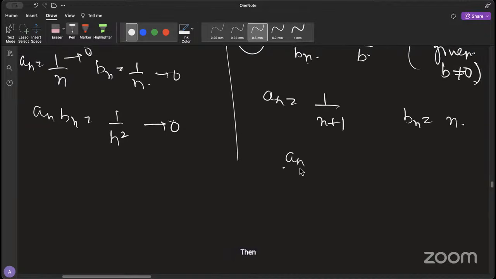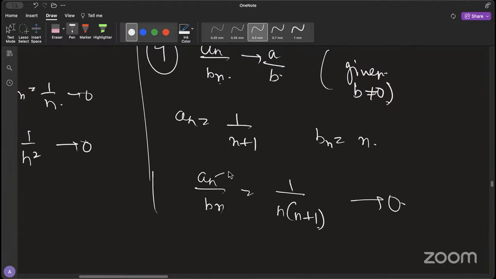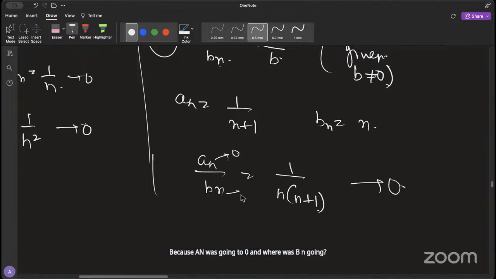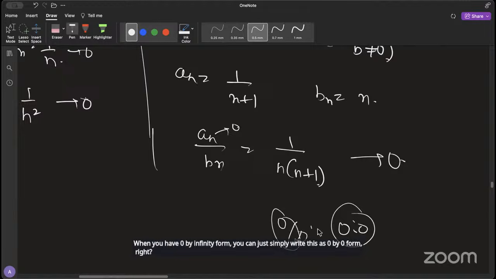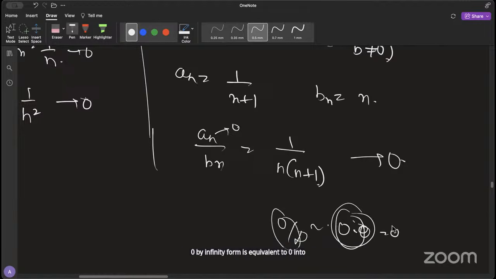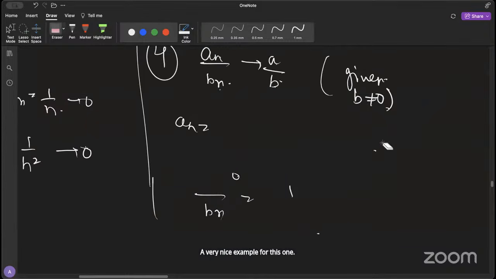Then your An by Bn is 1 by n plus 1. And this is going to 0, right? Because An was going to 0, and where was Bn going? Bn was going to infinity though, but when you have 0 by infinity form, you can just simply write this as 0 by 0 form, right? 0 by infinity form is equivalent to 0 into 0 form, which is just 0. So that's why, or if this does not look a very nice example for this one, the quotient one, let's